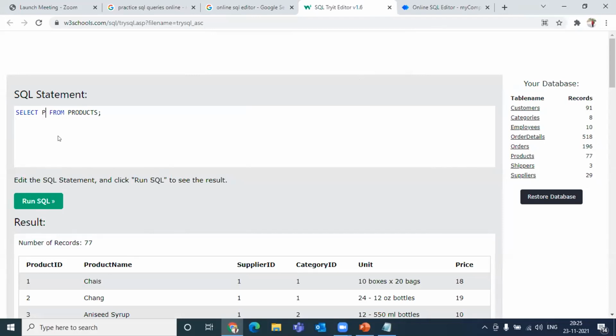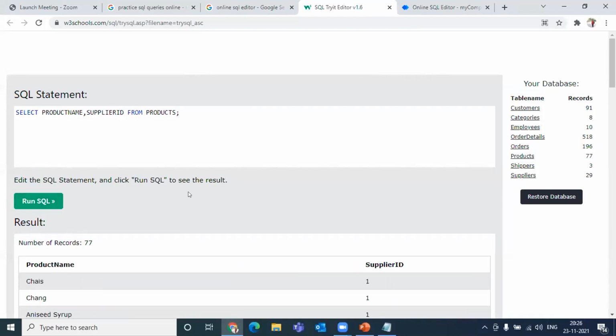Your query will be select product name, comma, supplier ID from products. This is the query. Is that clear? I have written this query for you. Product name, supplier ID, these two things.